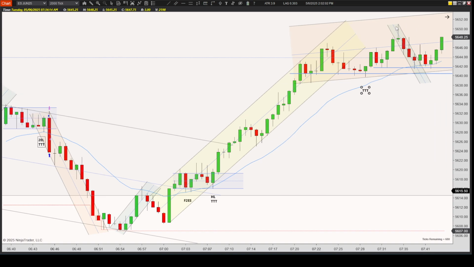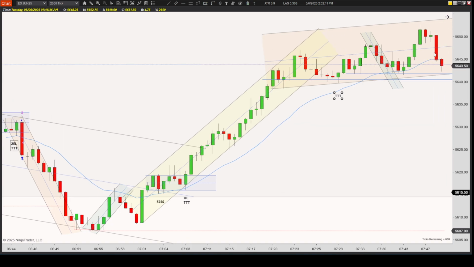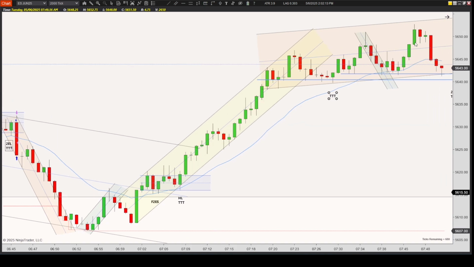Kind of moves sideways. It's a new high. It's a first entry long pullback, second entry long. Not the best signal bar. I'm not a fan of this. I'm looking for a higher low now. Pushes up, and you don't really get a higher low. If there was a higher low that shows up at this point, it's too far from the setup to really consider the higher low as part of anything.